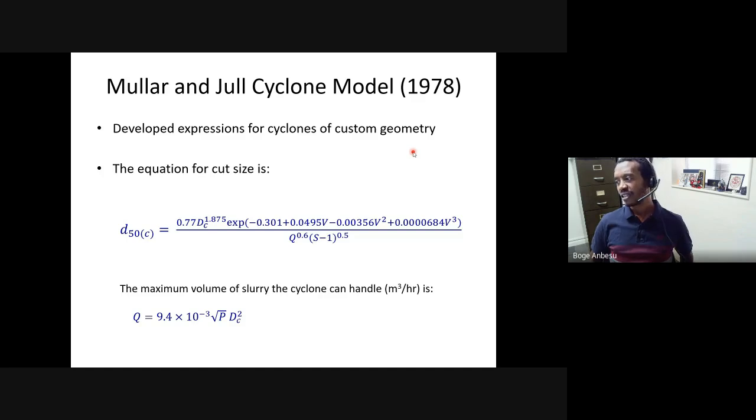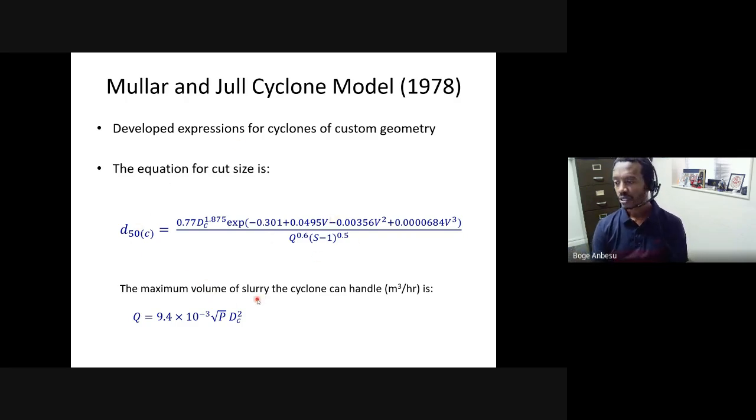For this one, you could have a custom built cyclone geometry with known dimensions. So cyclone diameter, inlet diameter, vortex finder diameter, underflow diameter, those can be fixed and predetermined already. And you can then predict D50